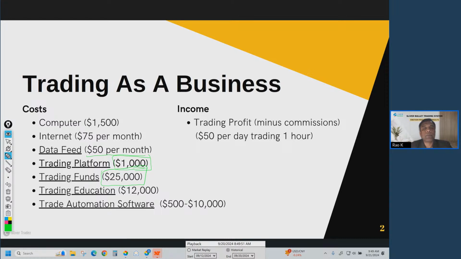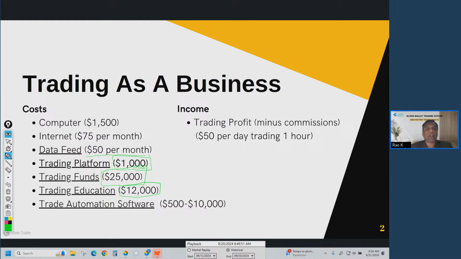People learn it from their mentors or parents, or they learn the hard way by losing a significant amount of money. What we have figured is that a good trading education in the market costs anywhere from $12,000 to $50,000. We have explored all of them, and minimum is $12,000, give or take. And so I have taken the smallest number as the cost of trading as a business.